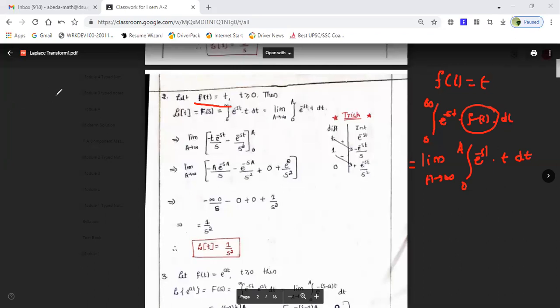And yesterday I just explained to you how we are using this trick. So what is this trick? This trick is applicable only for those functions which will get back to zero once we differentiate them multiple times. So for differentiating and integrating, we have to consider two functions. So here, if you see this t, after differentiating multiple times, it will tend to 0, and this I will take for the integration.